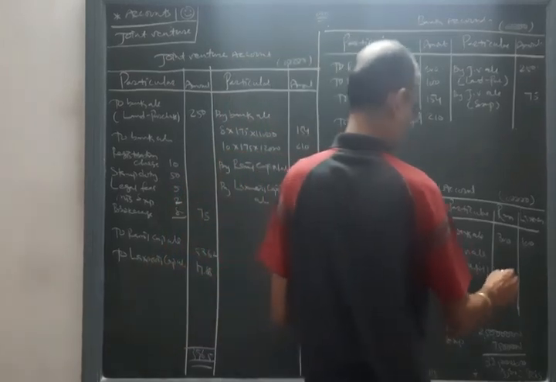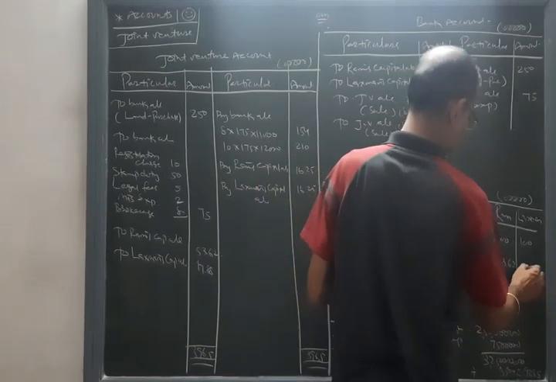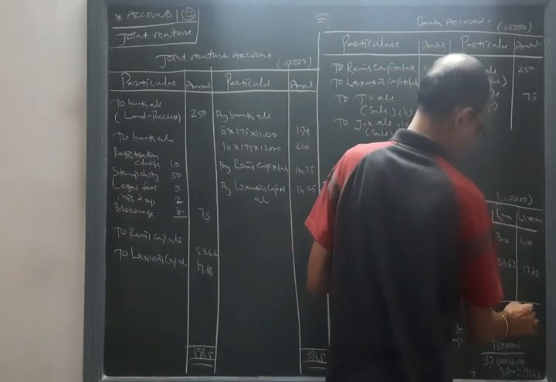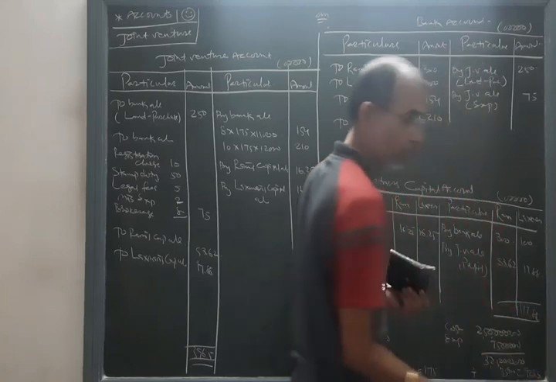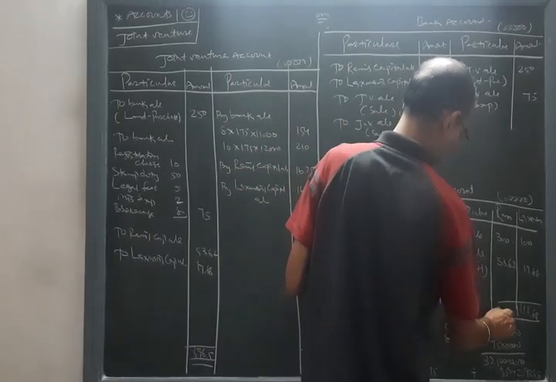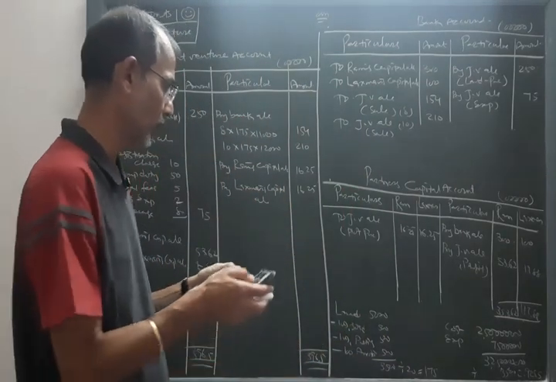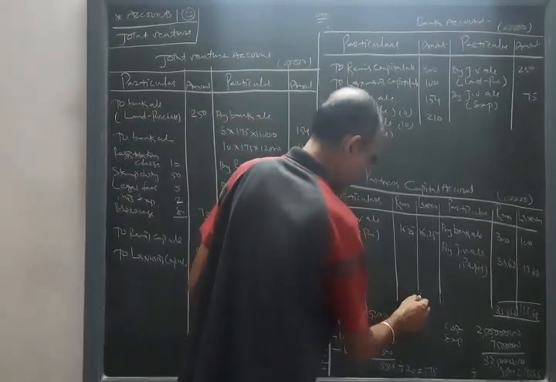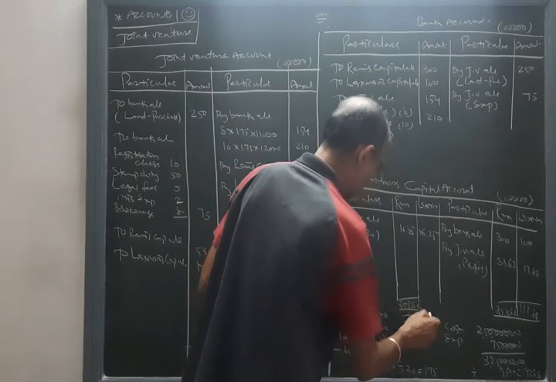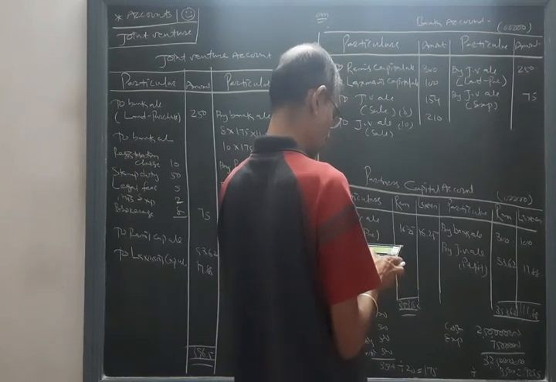Ram's profit is 53.62 while Lakshman's is 17.88. 117.88 is the total of the credit side of Lakshman's capital account, and 353.62 is the total of Ram's capital account. Now 353.62 minus 16.25,